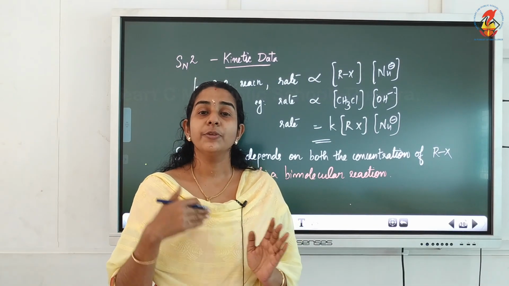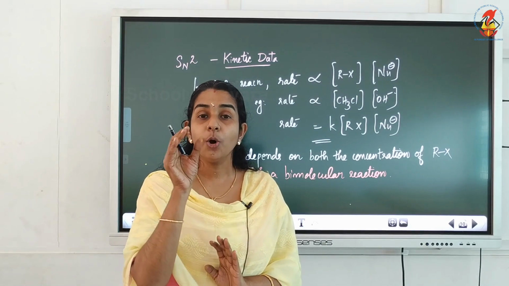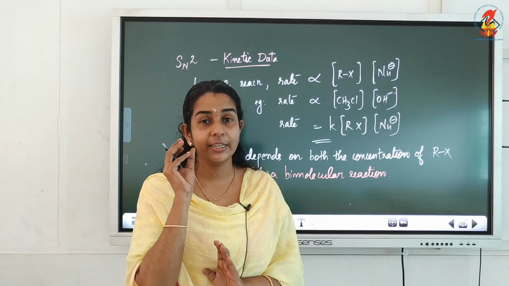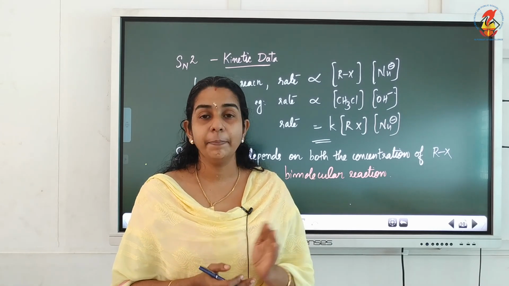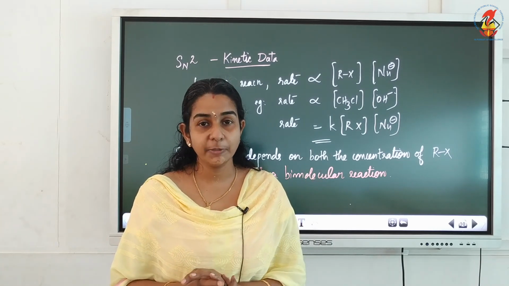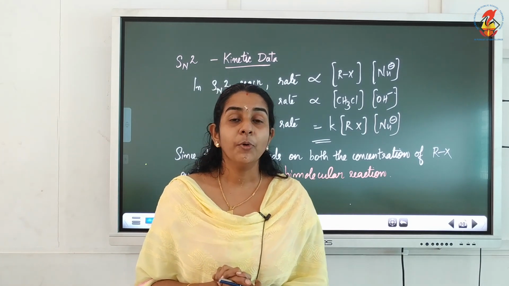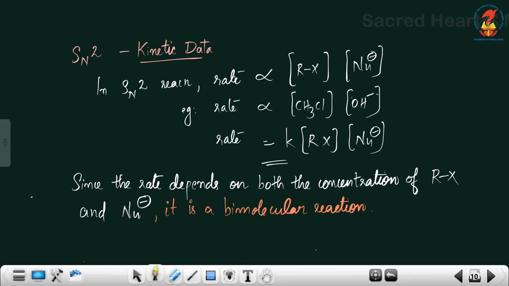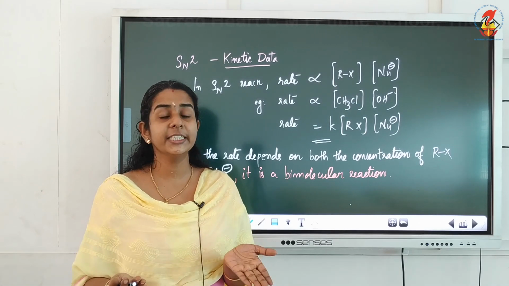That means if a reaction is taking place in more than one step, the slowest step will be the rate determining step. So, the number of reactant species present in the rate determining step is known as molecularity. Here in SN2 the reaction is taking place in one step only. So, whatever is the number of reacting species in SN2, that will be its molecularity.